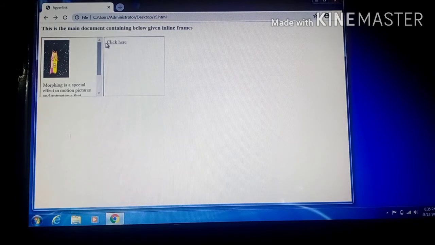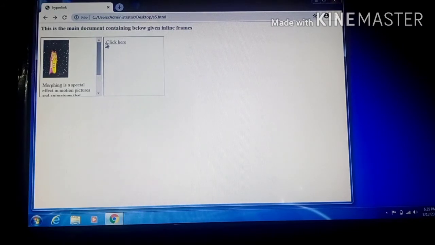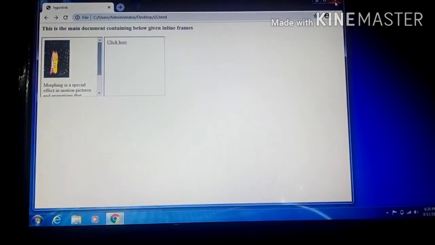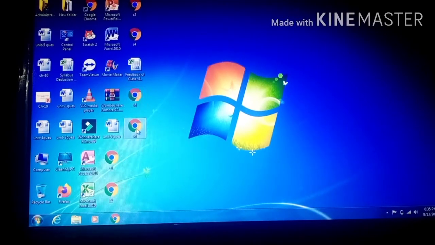Next, a small point is also there, how we can apply a border to these frames also. When you want to apply the border, then you have to use one more thing in your program. I am closing this and I am using the S6.